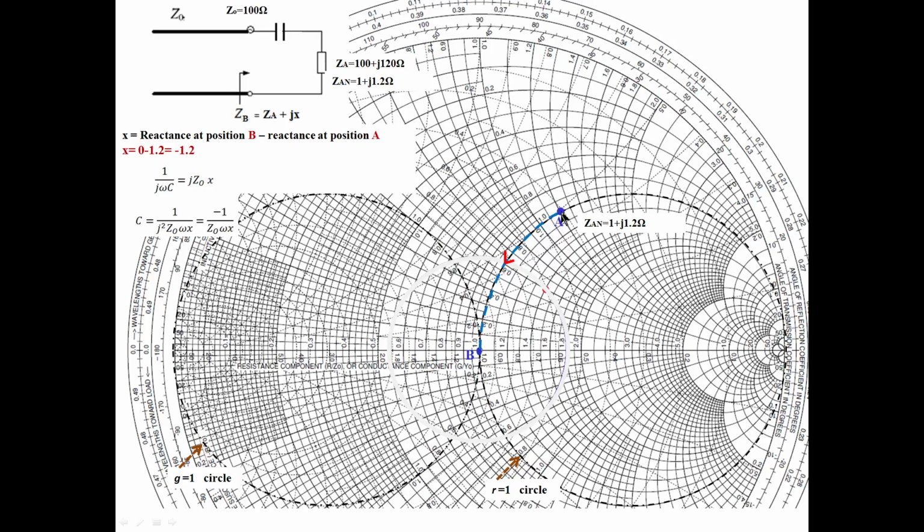So if I want to reach 1 here, what can I do? If I go like this, I can move like this, but I could not reach the r is equal to 1 point, z is equal to 1 point. If I go like this, I will end up here. I am not reaching. And if I go on the conductance circle like this, I am not going to reach this point either. So the only option is to move from here over the r is equal to 1 circle, and I can reach the center of the Smith chart, z is equal to 1.